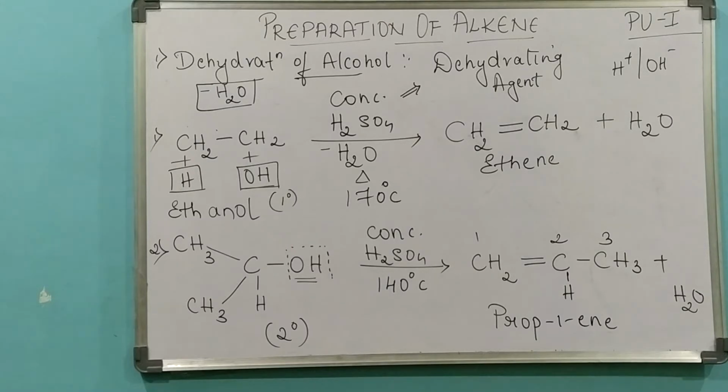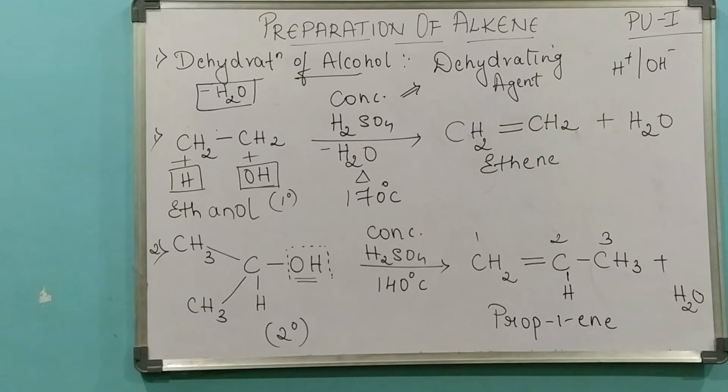Correct? So we have taken one primary alcohol and one more secondary alcohol, and the temperatures we have maintained are 170 degrees Celsius and 140 degrees Celsius, and we have prepared an alkene by eliminating a water molecule. You can also call this particular reaction an elimination reaction, because after this example I will be explaining the mechanism followed to prepare the alkene starting from the alcohol. Go for the third example.